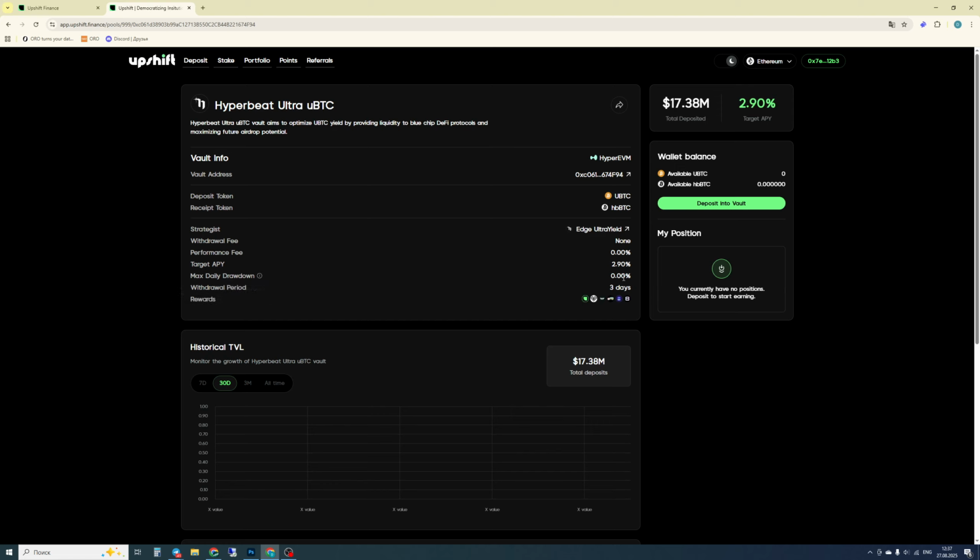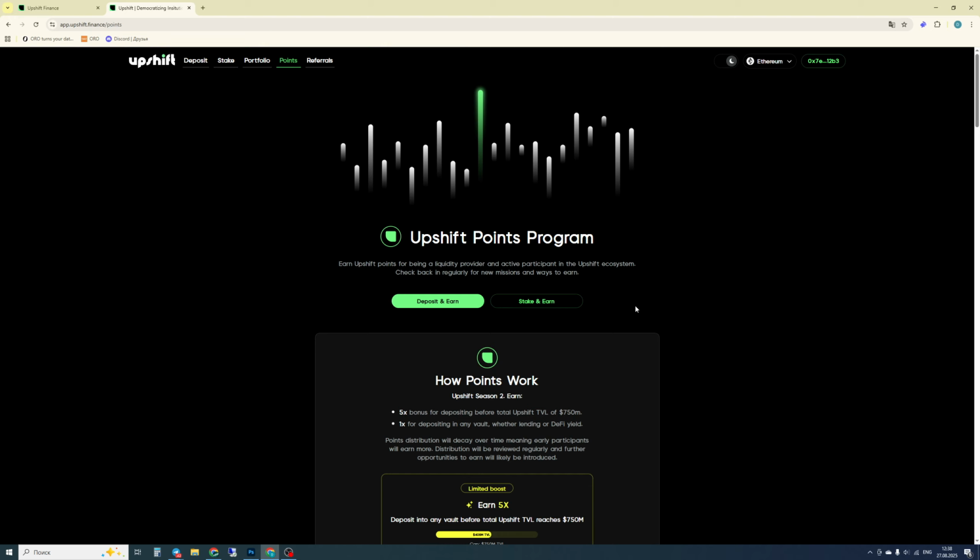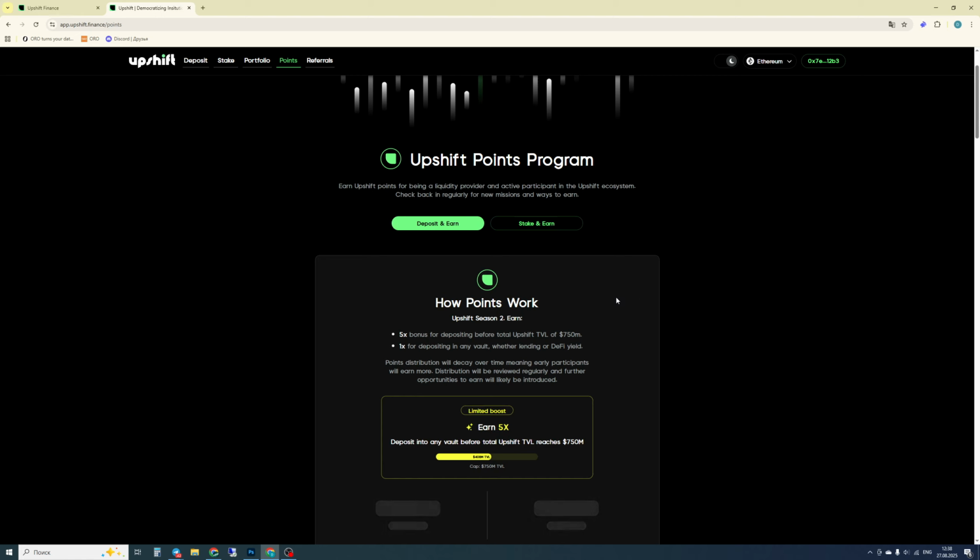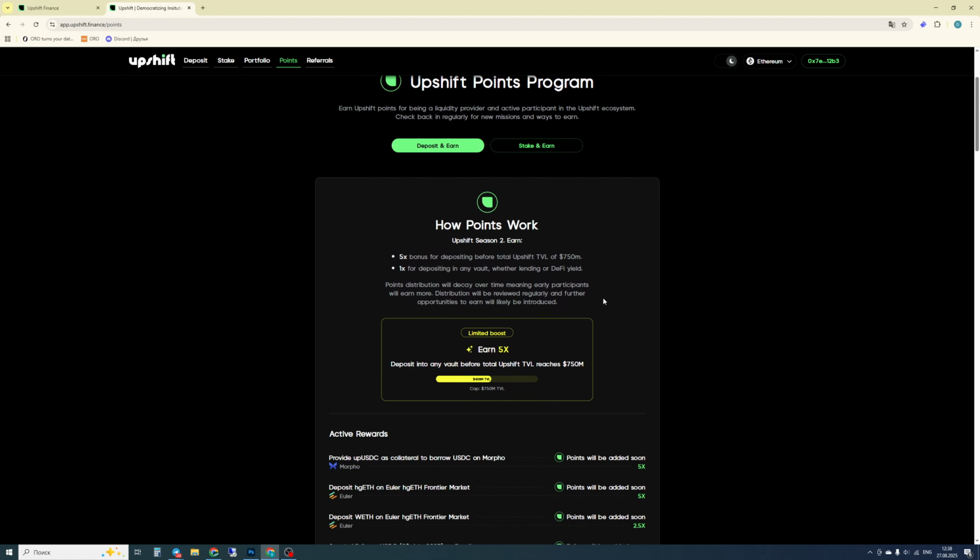The withdrawal period for your funds here is 3 days. Sometimes it can be shorter, sometimes longer, but all conditions are completely transparent. Everything is clearly stated, including the rewards. Everything is as clear as possible, all for the users, as they say. So what exactly are the platform points used for? We will gather platform points. They will likely be turned into rewards later. This could serve as a tangible token of the platform itself, or alternatively, rewards might be distributed directly through the conversion of these accumulated points.